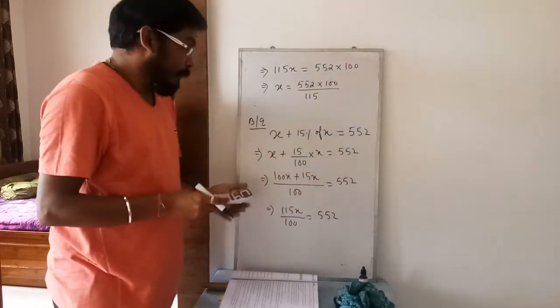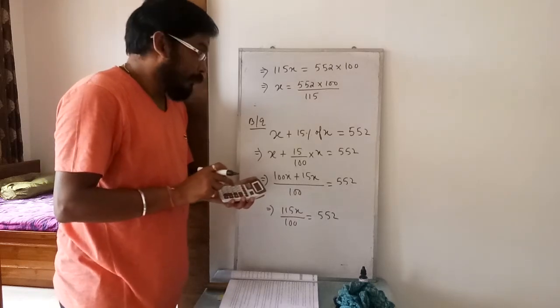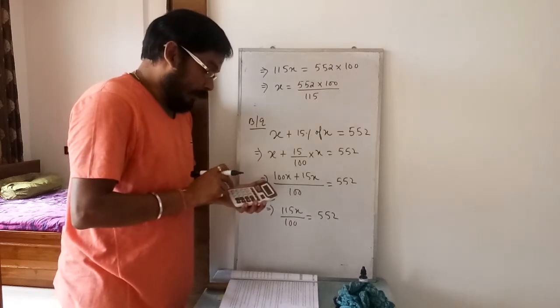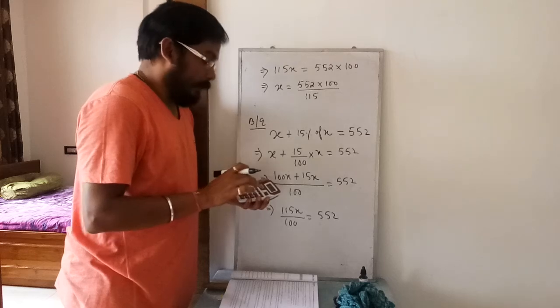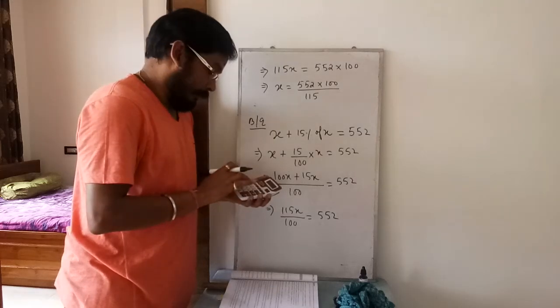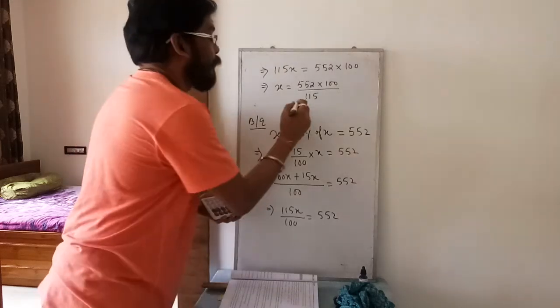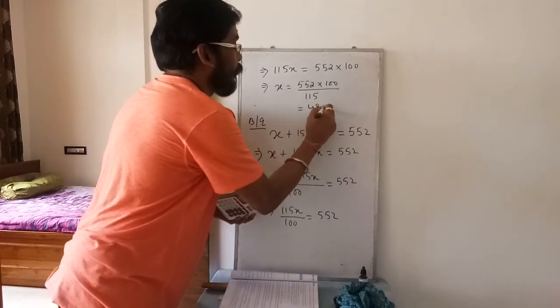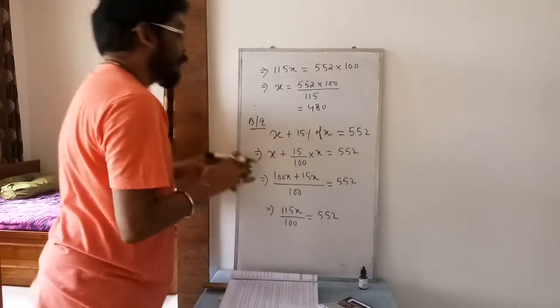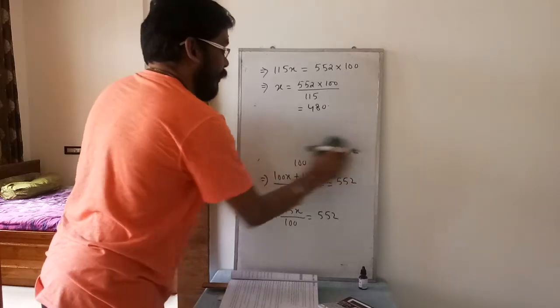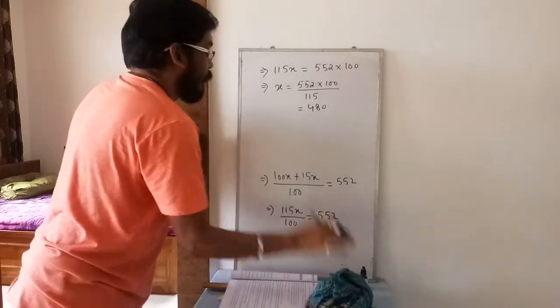So what will be my solution? 552 into 100 divided by 115. So it is 480. You can write here now, therefore number of enrollment